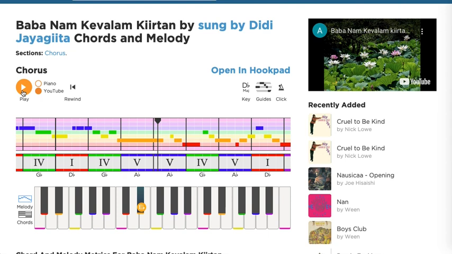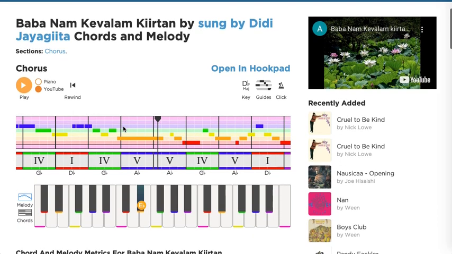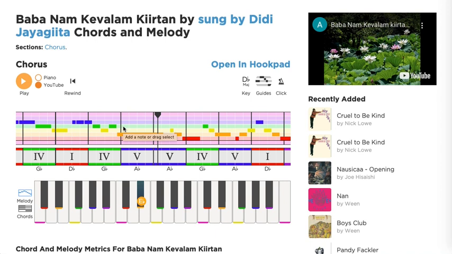I'd like to introduce you to some amazing musical software that I've just discovered, which uses a very similar system to the Rainbow Magic system that I've been developing over the last 10 years. It's called hooktheory, and so far there are about 50 kiirtans that I've uploaded onto there. I just want to show you the basics of how it works so that you can start listening to the kiirtans, learning some